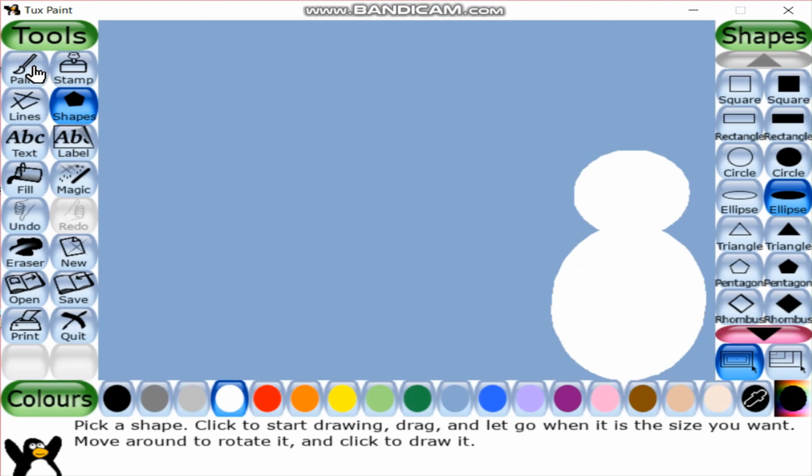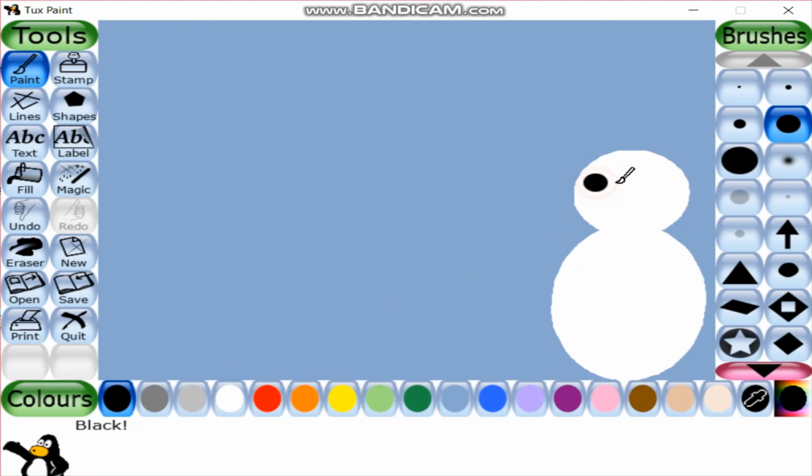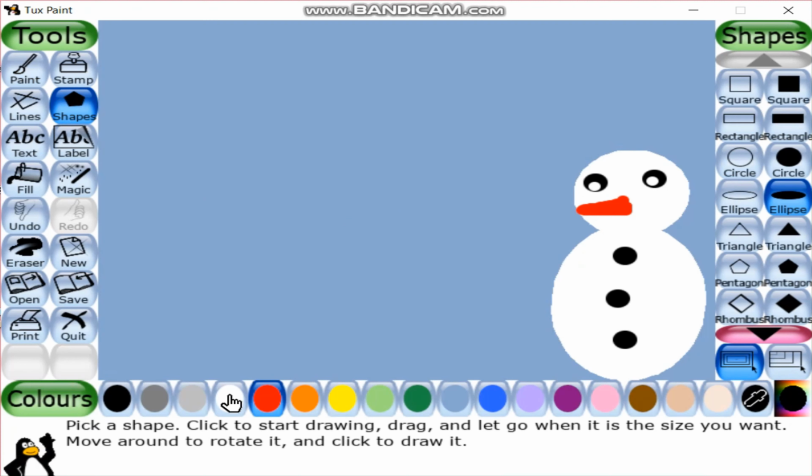Using the paint brush tool, I am drawing its eyes. Now I am drawing the hat using the shape tool.